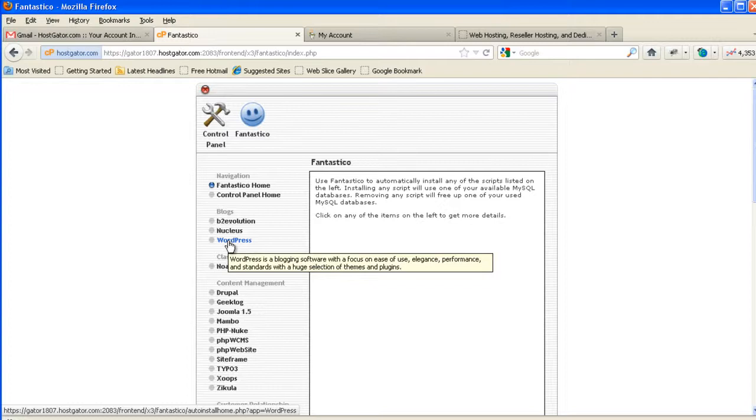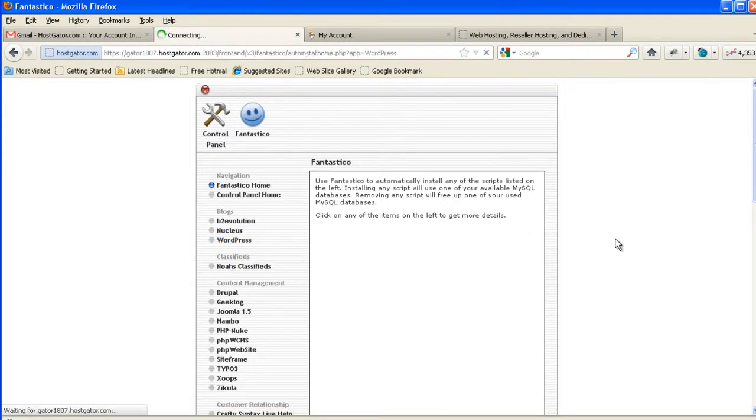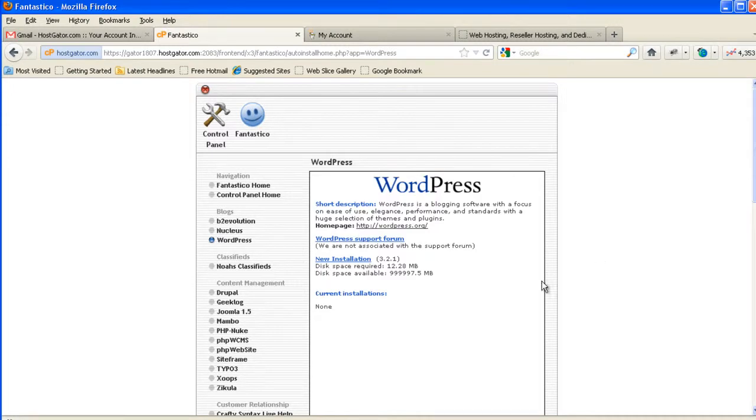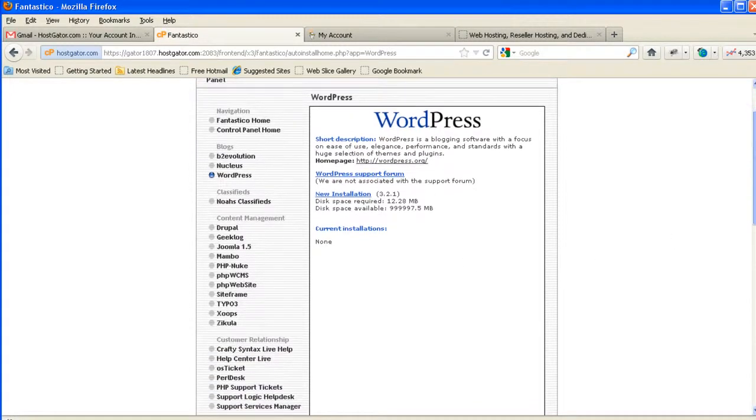You can do it first and point the name servers, or you can install WordPress. It doesn't really matter. The time delay that occurs is whenever it gets registered that you have new name servers to point to. So we'll just do WordPress first. Just click WordPress for Fantastico, and there's no installations, obviously. So click New Installation,